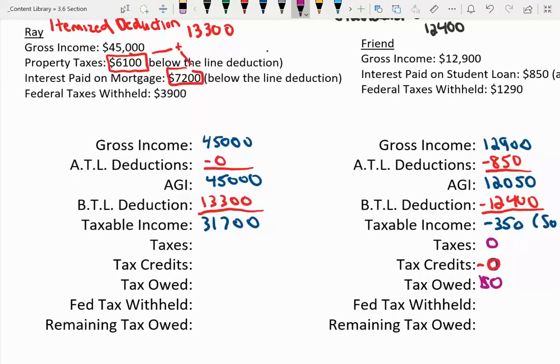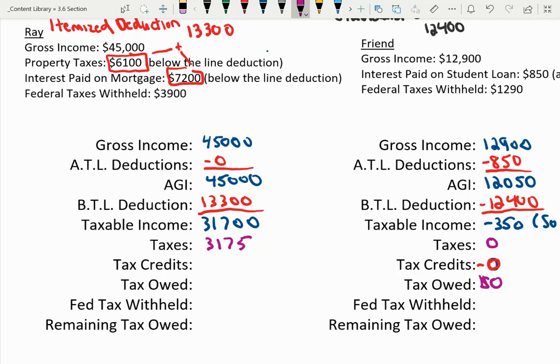Ray, however, he does owe taxes. Okay, they could tax him on 31,700. Now there is a way to calculate these taxes, and I'll show you how in another video, but I'm just going to make a value up, or think about what it would be, about 3,175. So let's just say of the taxable income, they hit him with a certain percentage, he would end up owing in taxes